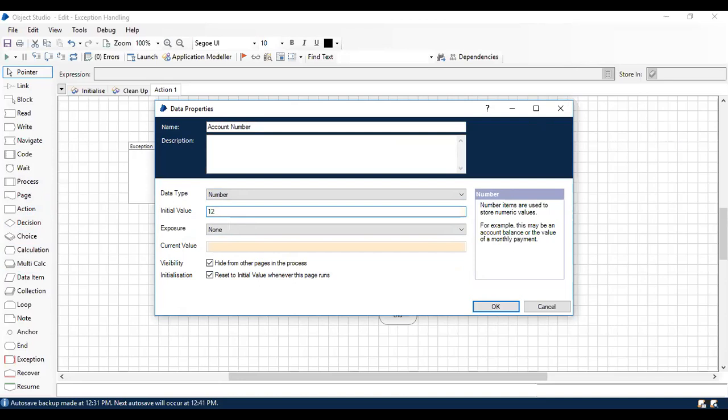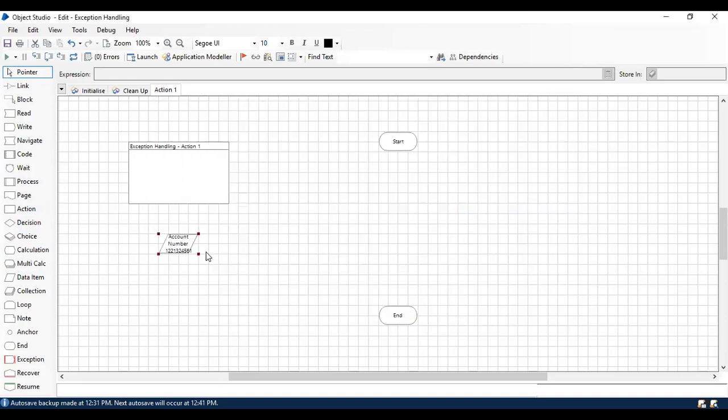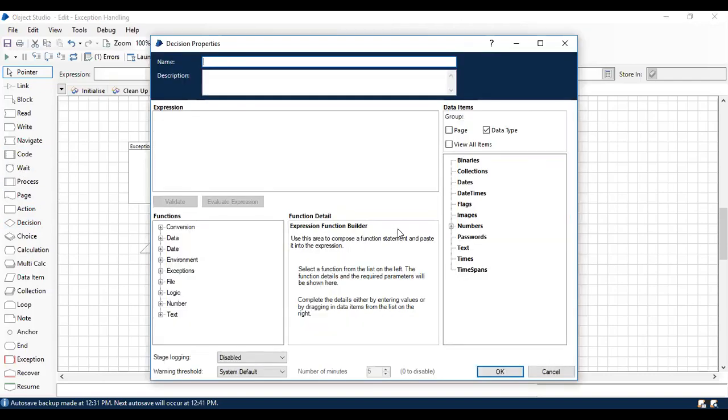So I'm going to give 4, 6, 8, 10. And in the decision stage, I'm going to check the length of the account number.